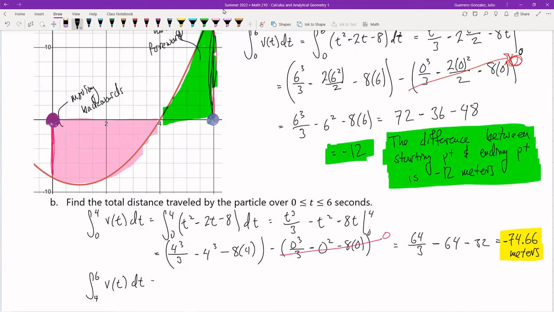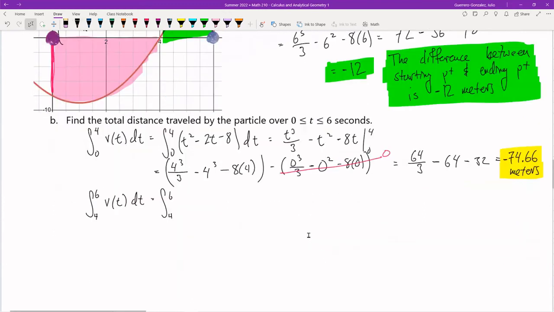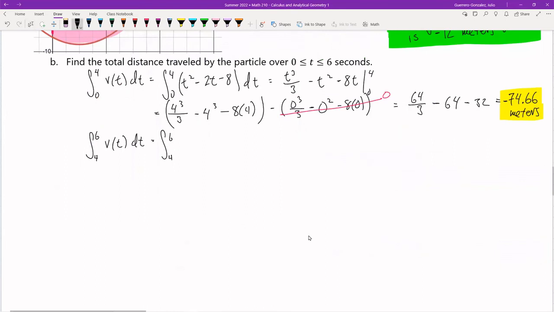Okay, so that is going to be equal to the integral from 4 to 6. Let me now scroll it down since we have all the stuff for it. t squared minus 2t minus 8 dt. We know that this is going to be t cubed over 3 minus t squared minus 8t, all now evaluated from 4 to 6, the times where the particle was moving in the positive direction, right? And that's going to be equal to